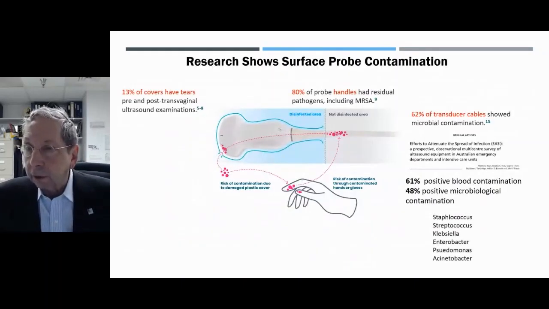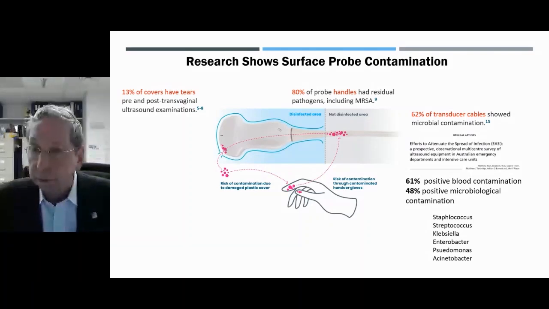Research shows that about 80% of probe handles have residual pathogens, including MRSA. And again, that's because while the probe handle itself may not touch the mucous membrane, the provider will be touching other parts of the probe and then the handle, or they may rest it on a surface that's contaminated. We know that 13%, by the way, of probe covers have tears